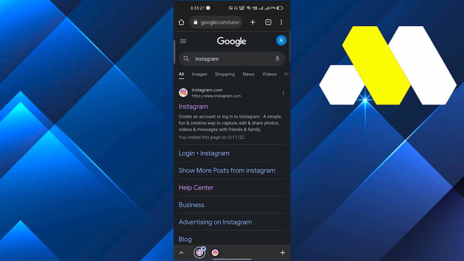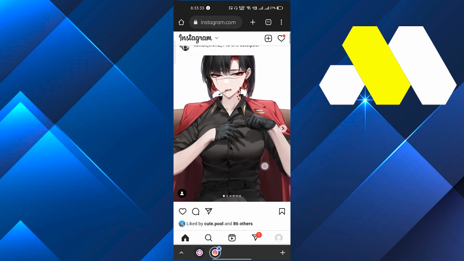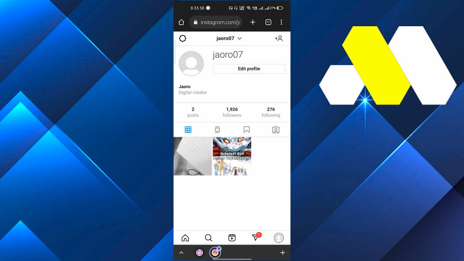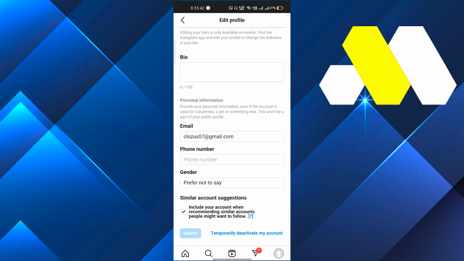You have to go to the search option, type Instagram, and go to the Instagram website. After that you have to log in to Instagram. On the bottom right corner, go to your profile and click on edit profile. Then scroll to the last and here you can see the option